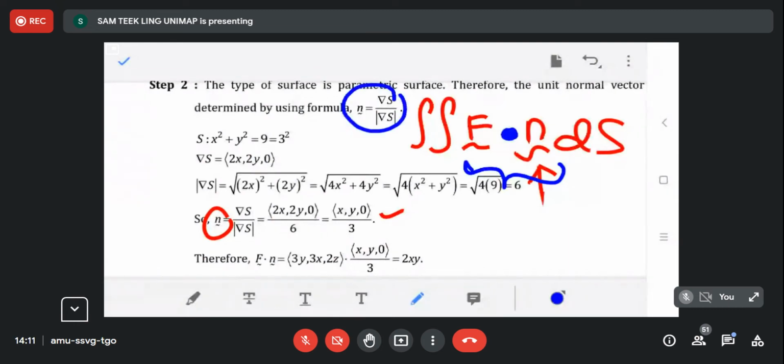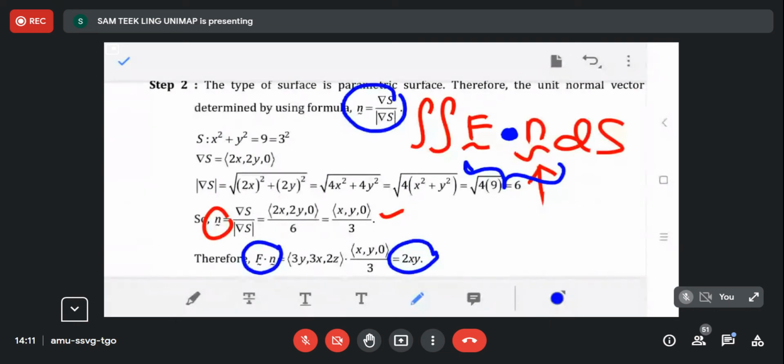So this one, we use formula. So we find our n first. So second step, f dot n. So you solve f dot n, dot product. So question gives you already your f. So f dot your finding n. So you will get a scalar function. So this one is your f dot n